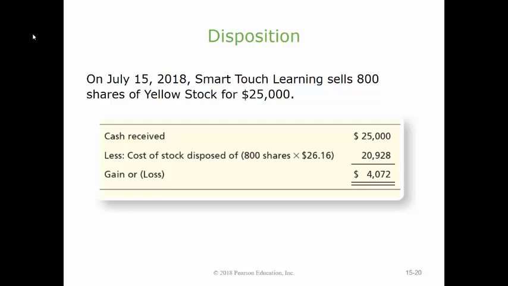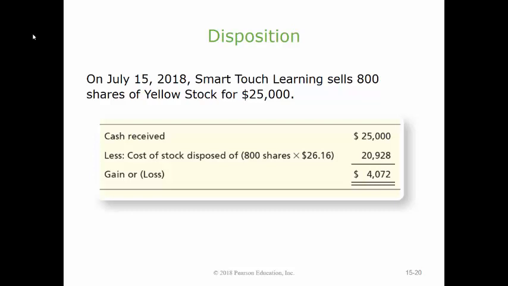We can find that by taking how much they're receiving at the time of sale and subtracting out their basis, the cost that they paid to initially acquire that stock that they're disposing of. So if we went back a couple of slides, we can remember that we bought those shares of Yellow Corporation for $26.16 a piece. Our basis, therefore, on these 800 shares that we are selling is 800, the number of shares we're selling, times what we paid for them originally, $26.16, and that's $20,928. So if we're selling these shares for $25,000 and we paid $20,928 for them, we are making $4,072 in